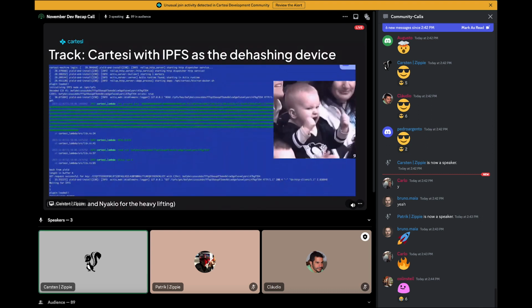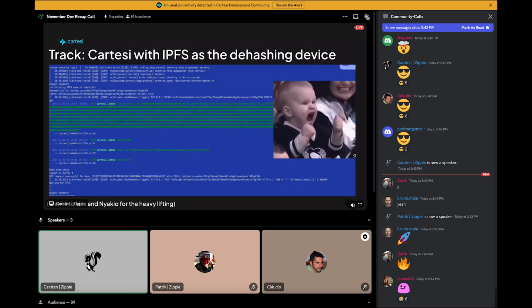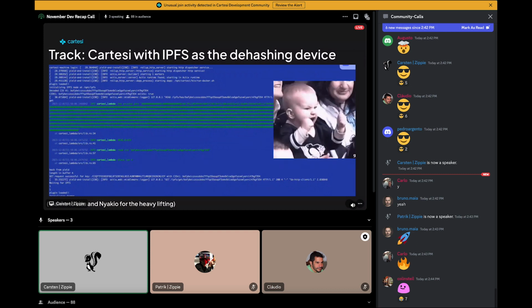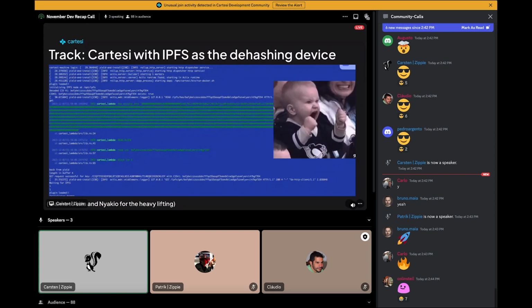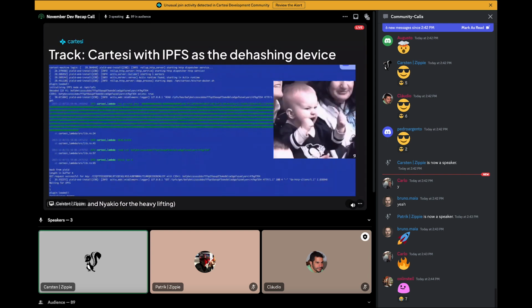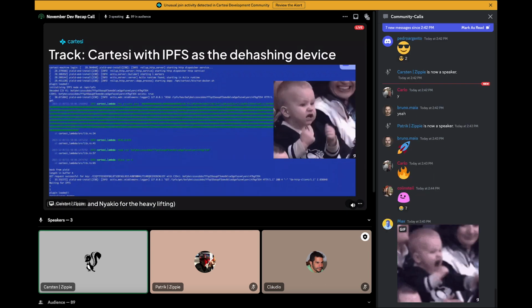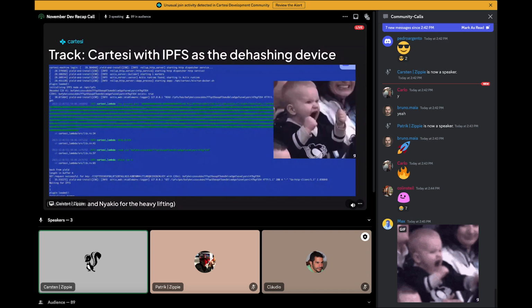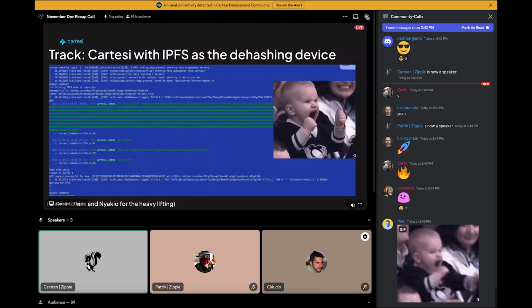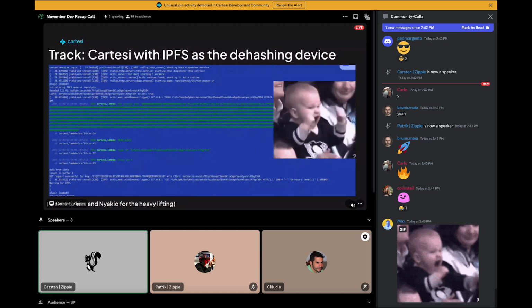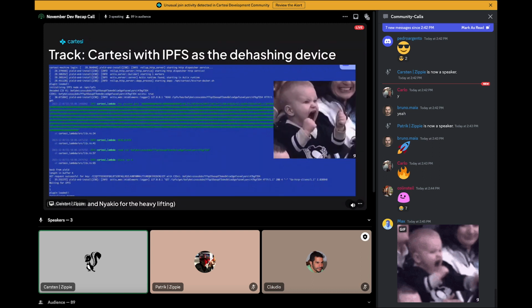One of the things that we have gotten working recently is a Cartesi machine where we're using this proto dehashing, where we have an IPFS daemon running inside a Cartesi machine with a special plugin developed by Niakio that uses the dehashing device or emulation of it as the data store for the IPFS daemon. So if you're inside the Cartesi machine and you want to access something on IPFS and find its data available, because otherwise it won't work, it will actually work using existing IPFS APIs.